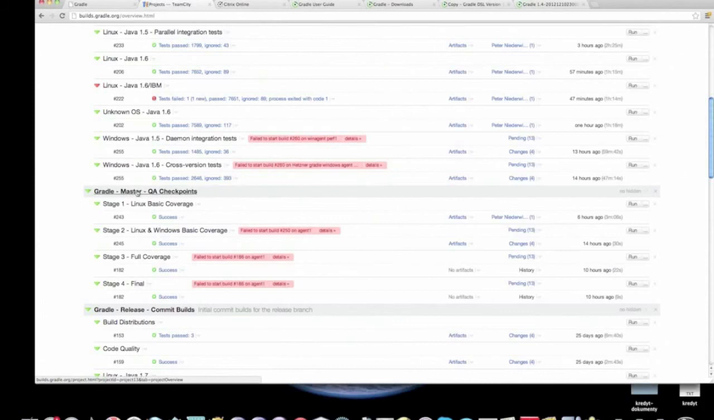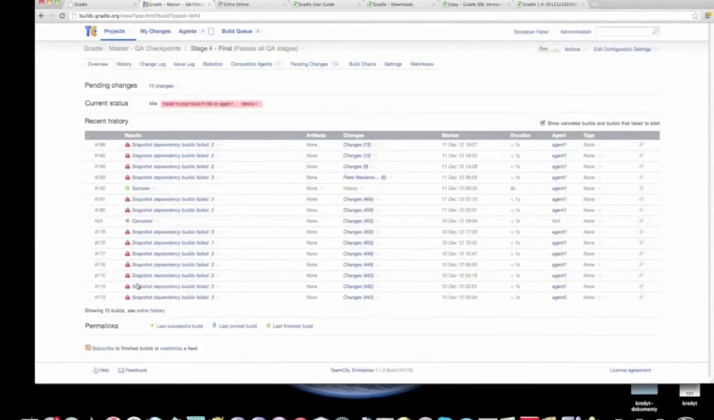So as you can see, we have a project that we call QA checkpoints, and they are kind of gates or stages, starting from the Linux basic coverage through the Windows coverage, then full coverage, and final. And those four builds are not actually building things, they are more like grouping the other builds together. So let's take a look at the final one,